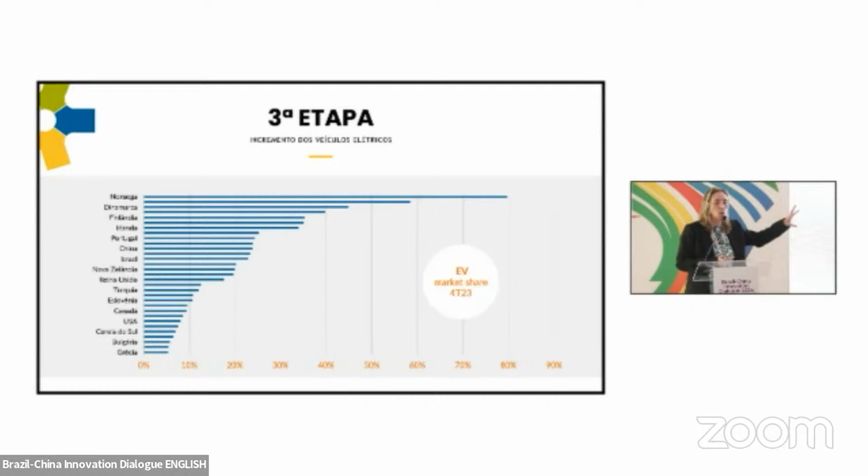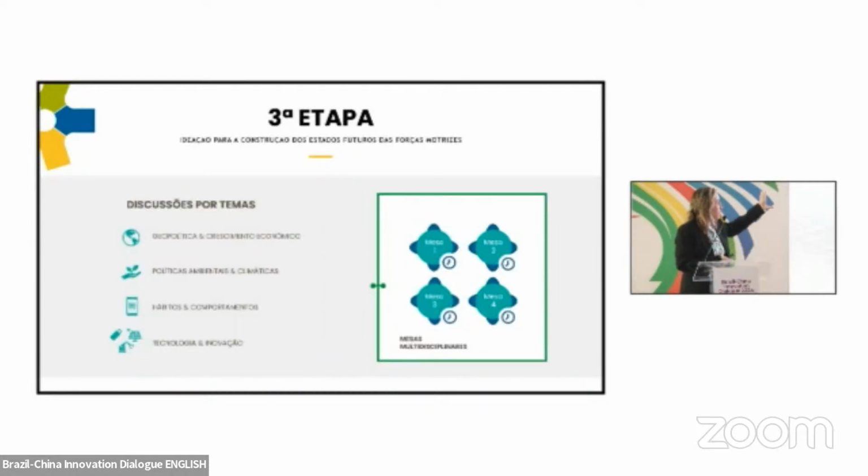The problem of emissions in Brazil is not mainly in the energy sector, as it is in the main countries involved. Our main emission, Petrobras knows this very well, is the issue of the use of the soil and also deforestation. And then we have this discussion here by thematic tables.